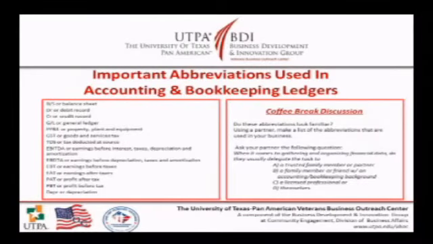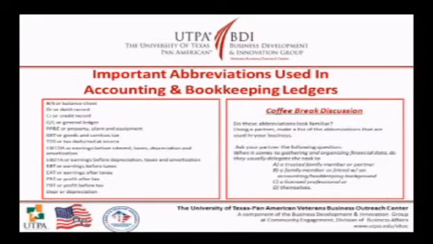Some important abbreviations used in accounting and bookkeeping. I'd like to point out the first 5. The B/S stands for balance sheet. The DR stands for debit. CR stands for credit. The G/L stands for your general ledger. Your PP&E stands for your property, plant, and equipment. So these are all very important abbreviations to know that you may see or may be used in the record keeping daily. So